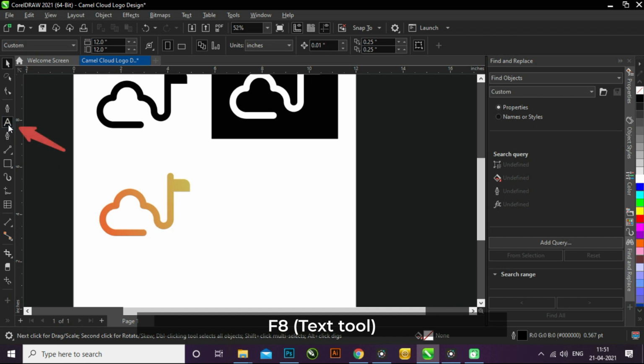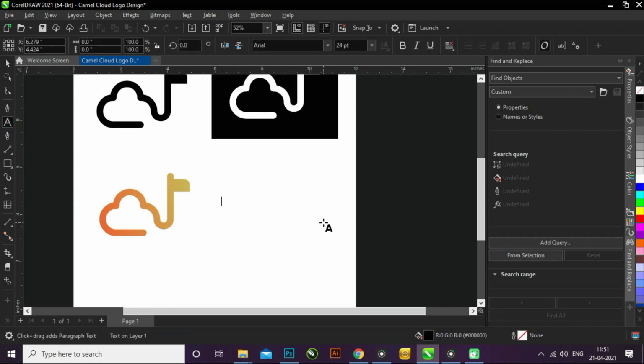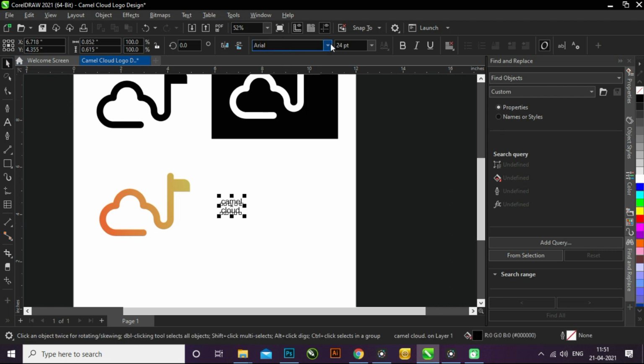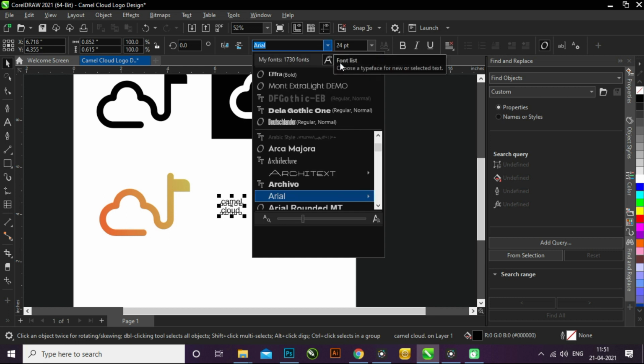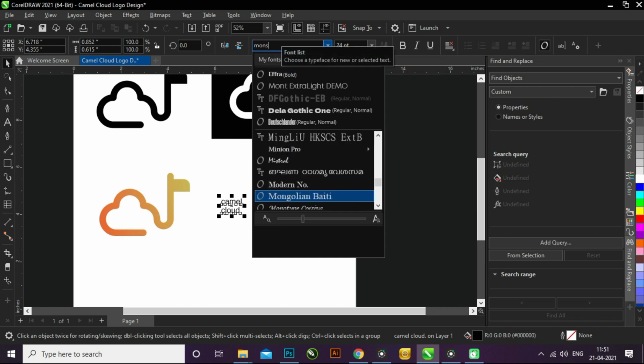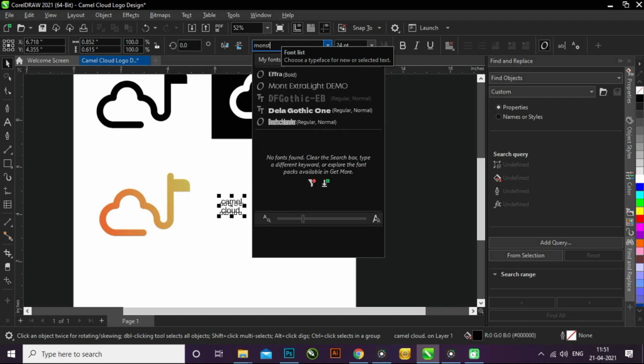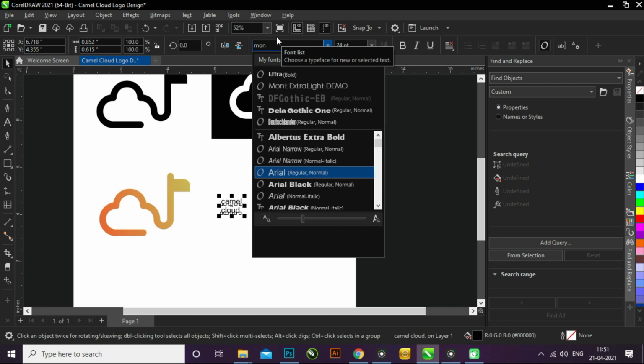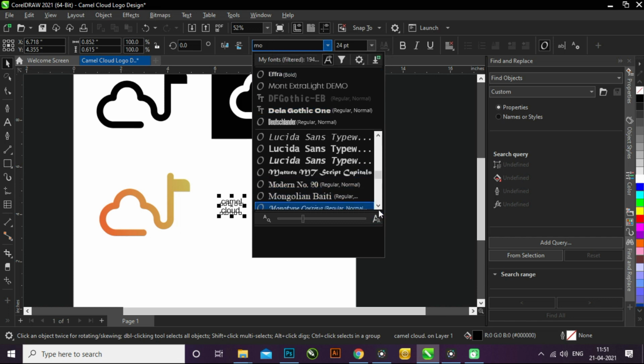I will select the text tool and type the words camel cloud. I will be going for Montserrat semi-bold for this one.